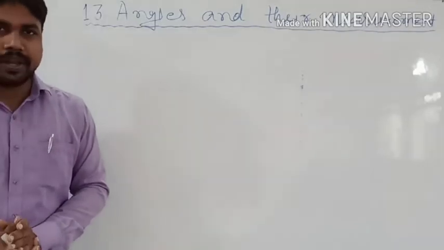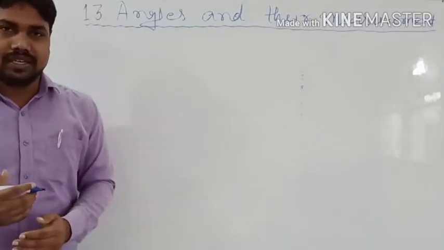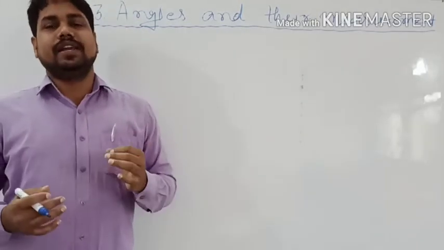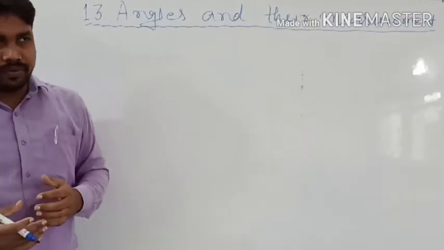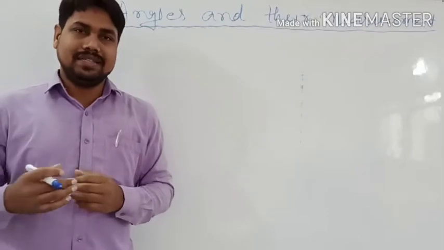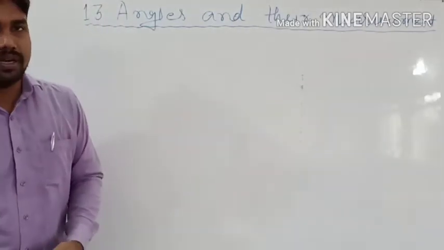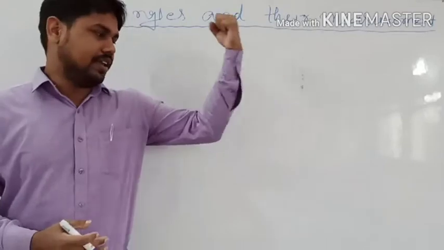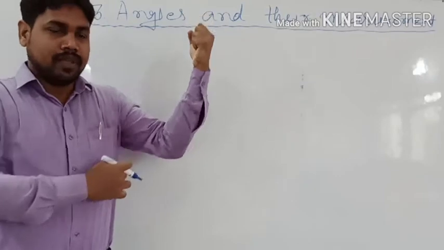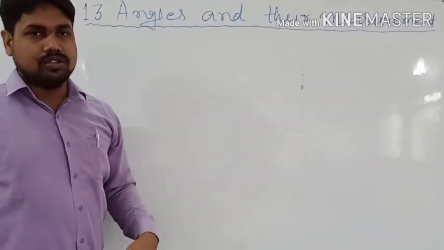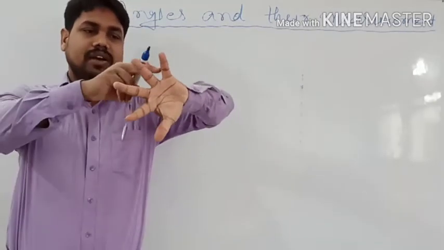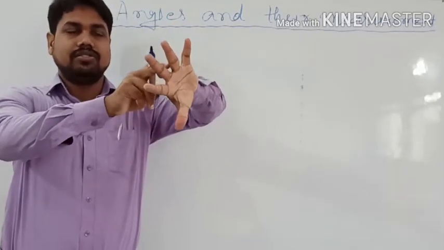Okay. Starting with a daily life example, angles are very important everywhere. Wherever you look, there are many places where angles are formed. If you look at your body parts also, there are lots of places. If you do like this, here one angle is forming, here also one angle is forming. If you are walking, in your leg also an angle is forming. In your fingers also, you can see different fingers form different angles.